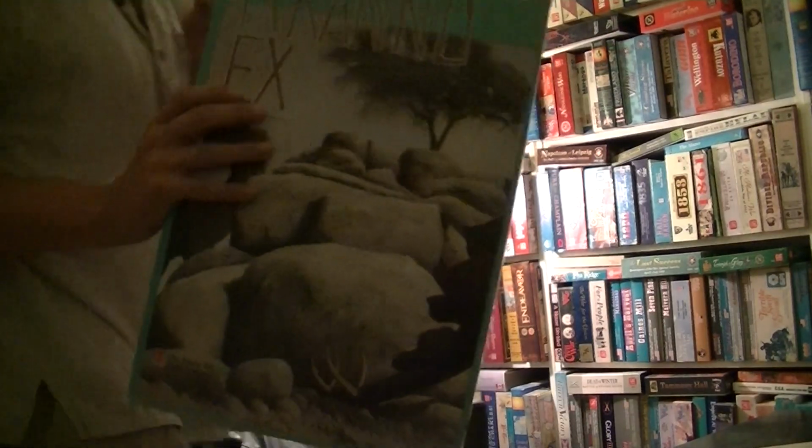Tyranno Ex. It's a kind of interesting game. For a light game, not as short as maybe some players would like nowadays. But for my era, this was a good kind of end of night game. You know, after you play a couple of 6-8 hour games, if you're still up for anything, something like this